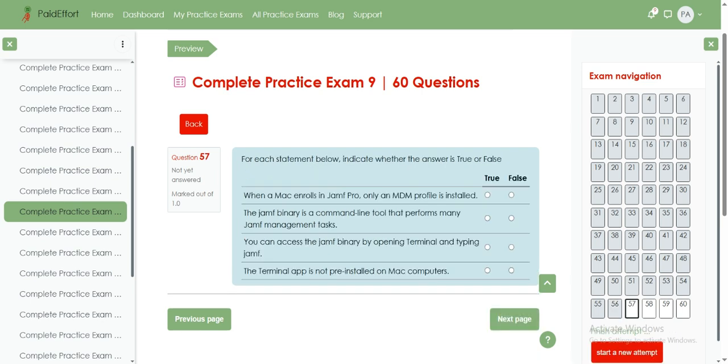For each statement below, indicate whether the answer is true or false. When a Mac enrolls in Jamf Pro, only an MDM profile is installed. False. The Jamf binary is a command line tool that performs many Jamf management tasks. True. You can access the Jamf binary by opening Terminal and typing jamf. True. The Terminal app is not pre-installed on Mac computers. False. Now let's explain. First, it's false that only an MDM profile is installed when a Mac enrolls in Jamf